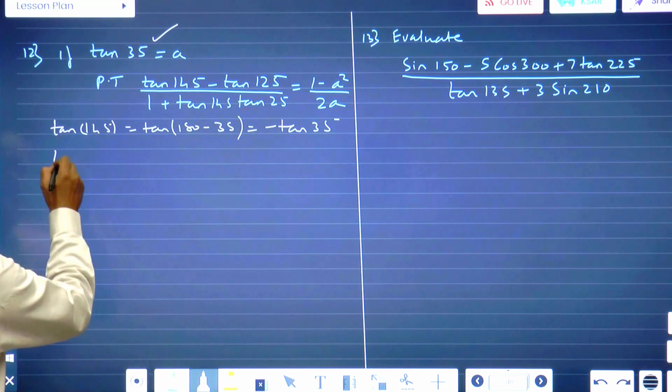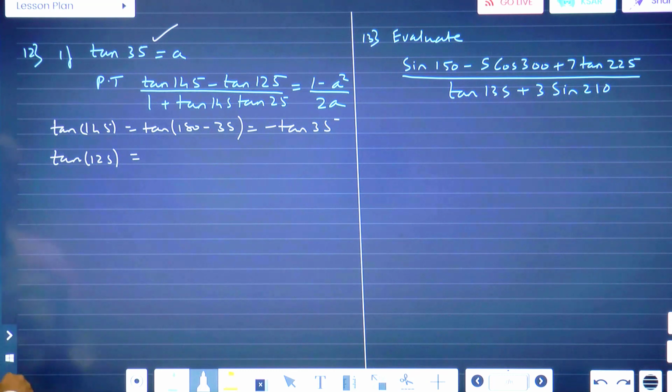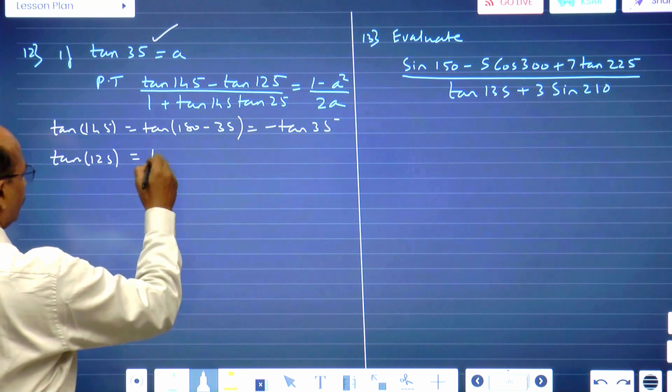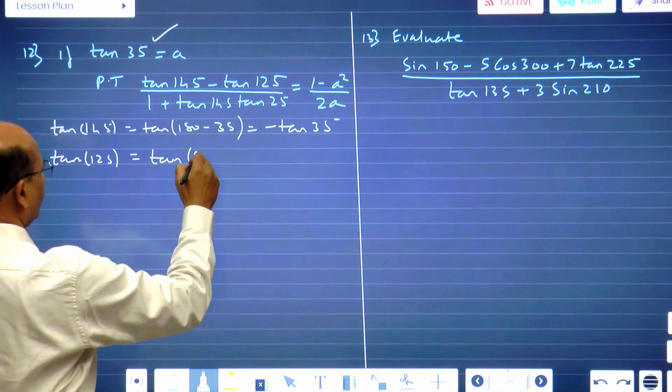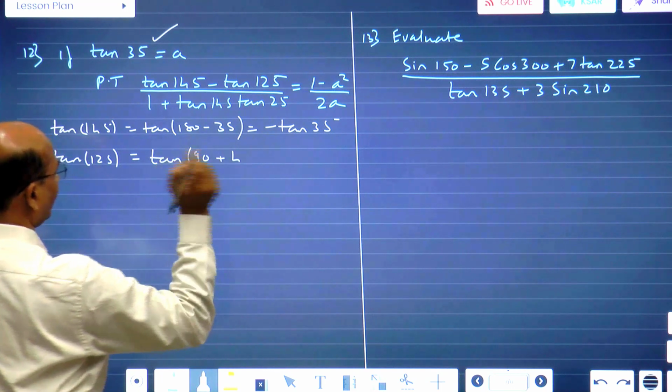And any other angle? 125, tan 125. So tan 125, I can say tan of 90 plus